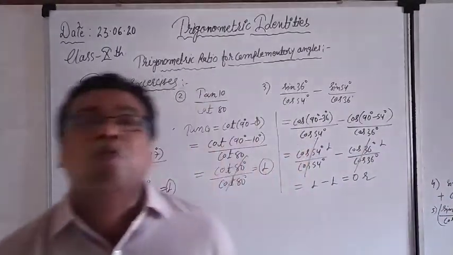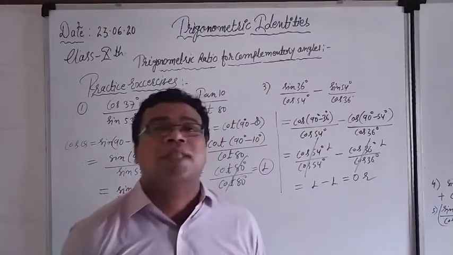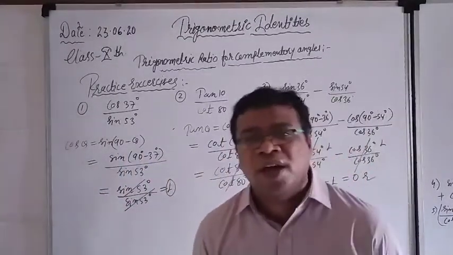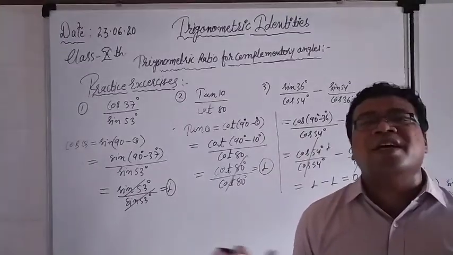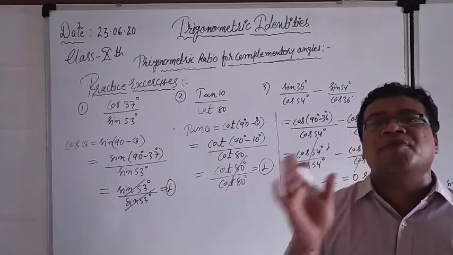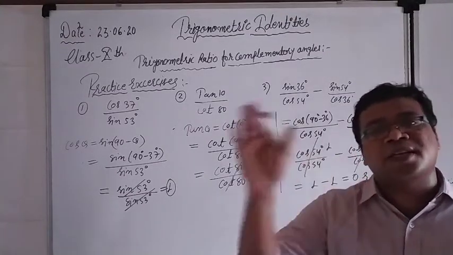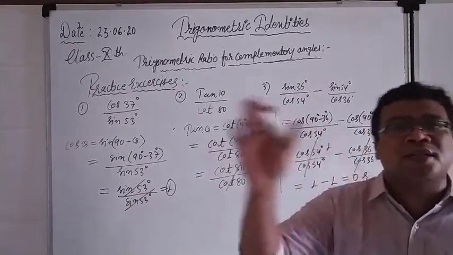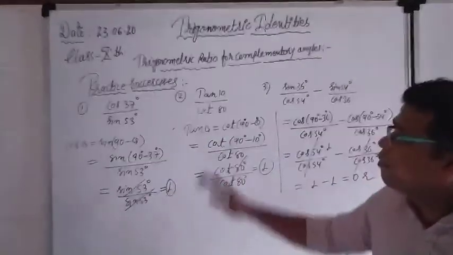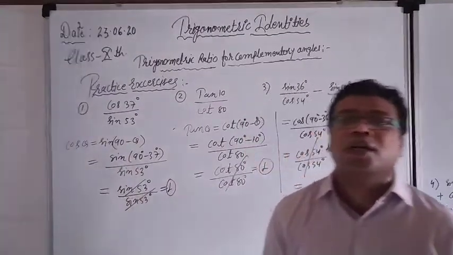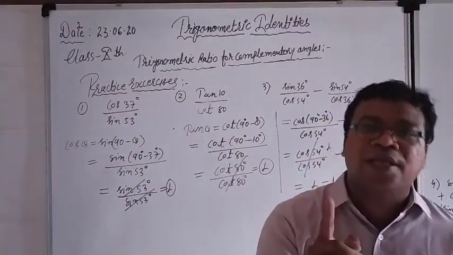See how easy this kind of question is. We just have to learn the relations. There is a relation between sine and cos: sine of 90 minus theta is equal to cos theta, and cos of 90 minus theta is equal to sine theta. And one thing you have to remember while solving the question is that you only have to change one sign.